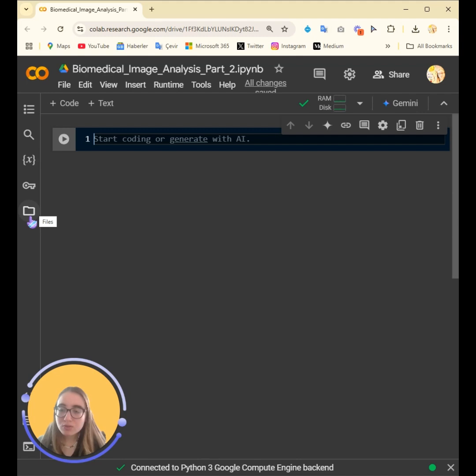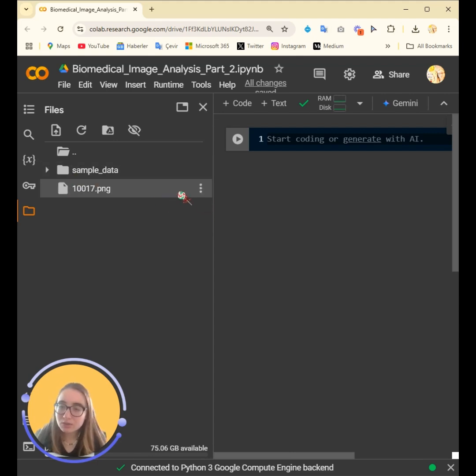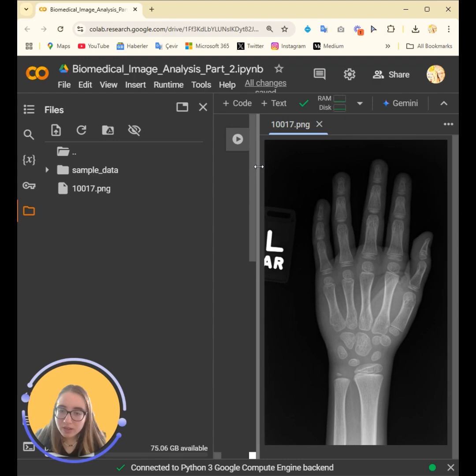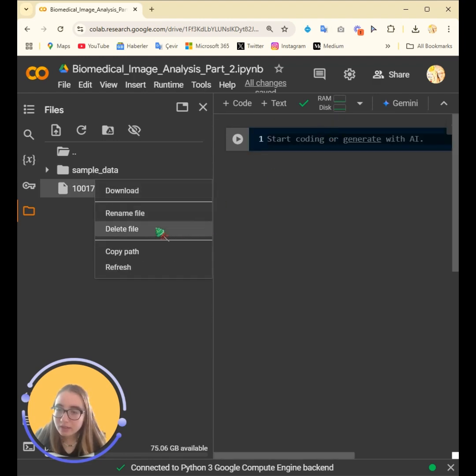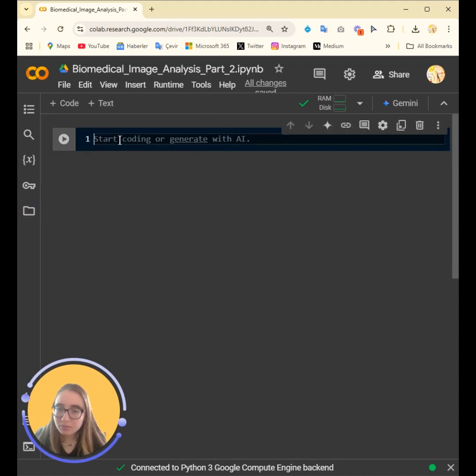In my Medium article, I had found a fracture image, but I don't know where I took it from in Kaggle because there are a lot of data sets. So I took this instead, and we'll have to work with this one. But it's pretty similar to the other one. I'll change the name to phone.png.